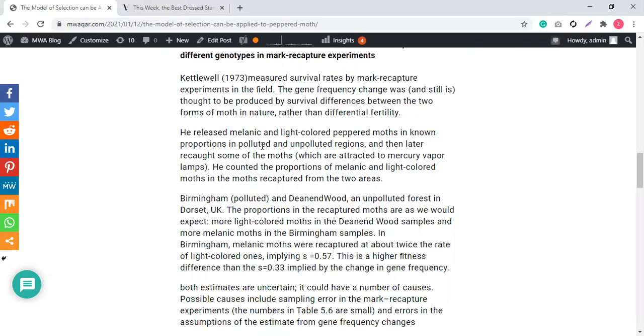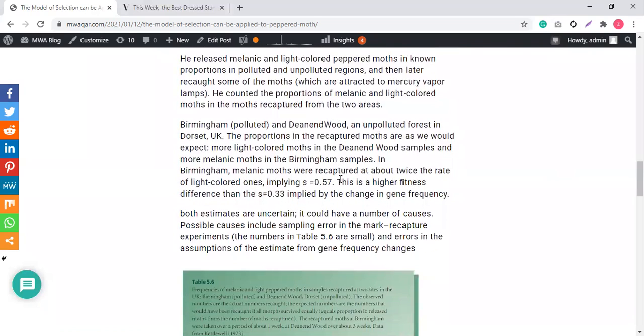All right, he observed both of the forms in polluted and unpolluted environment, and then calculated the number. He counted the proportion of melanic and light colored moths recaptured from the two areas. Okay, obviously two areas: Birmingham, that is a polluted area, and Dean Wood, I don't know how to pronounce it, an unpolluted forest in UK. The proportions in the recaptured moths are as we should expect: more light colored moths in the unpolluted region in UK samples, and more melanic moths in the